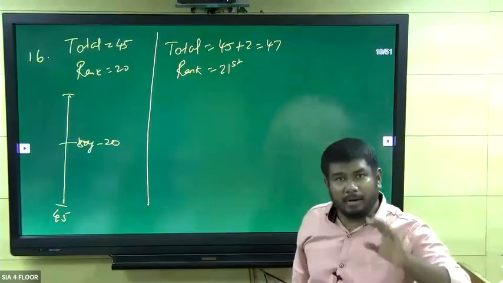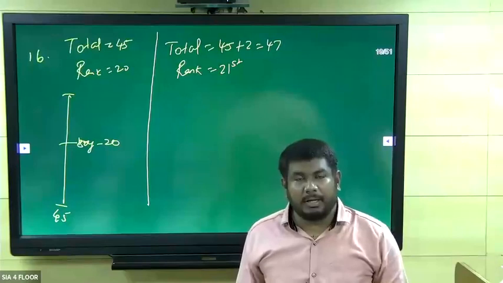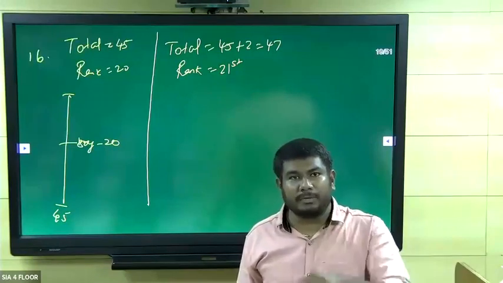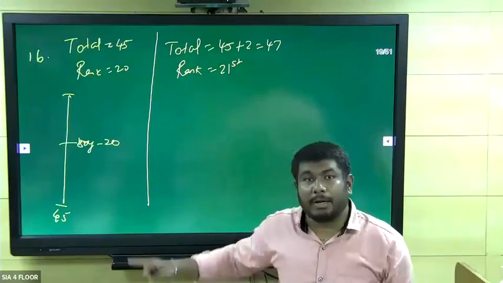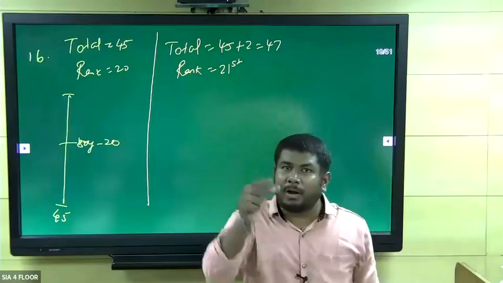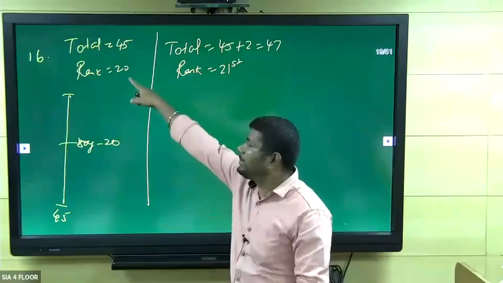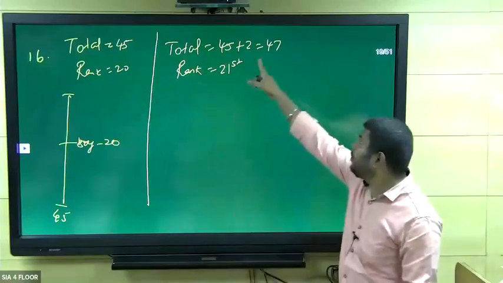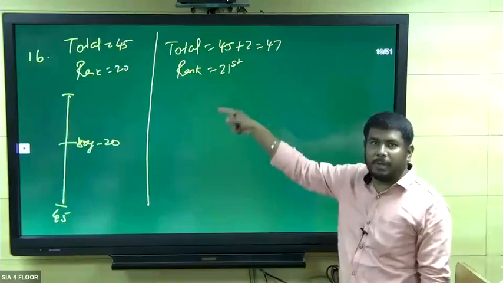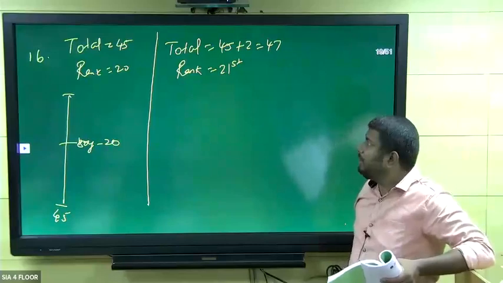And guys, one more thing. Normally, dropping means we need to reduce the value, right? If dropped by 1, then 20 minus 1 is 19. But here we are solving ranking. In the ranking concept, dropping means we should increase the value. So before, his rank was 20; because two boys joined, his rank dropped by 1, so he is at 21st rank. Now they are asking what is his new rank.